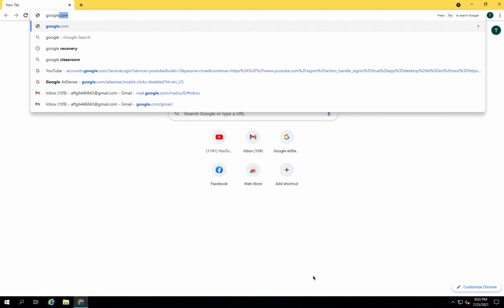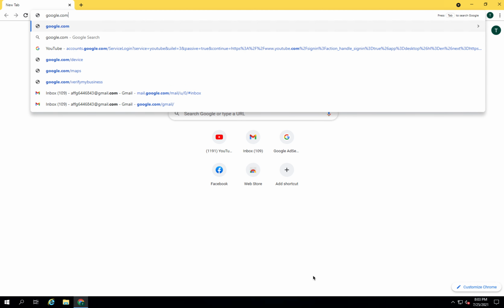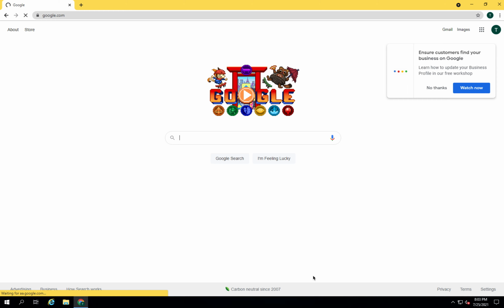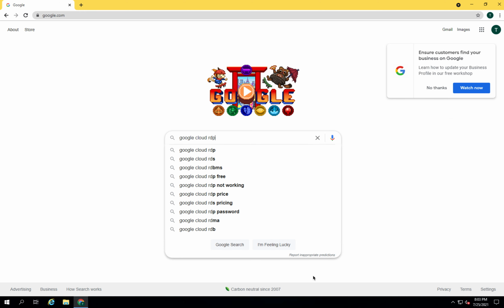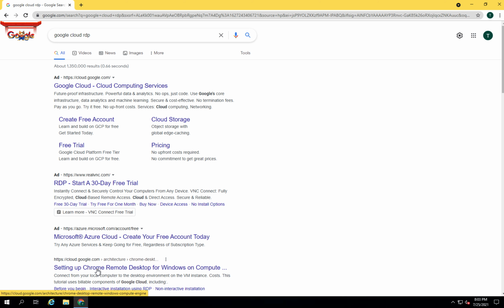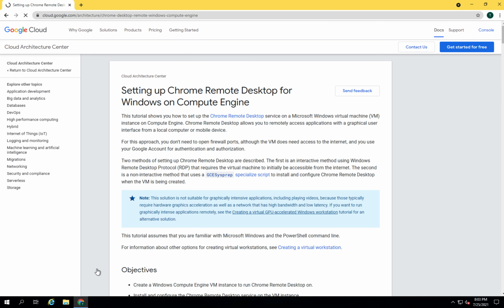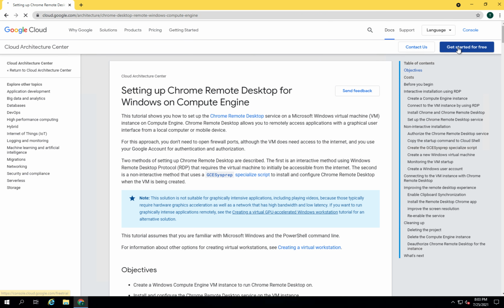So I will go to google.com and search for Google Cloud RDP. I will click on this link. The URL is cloud.google.com. I will click on get started for free because we are going to buy a trial, and once the trial is finished you can pay if you like the service.